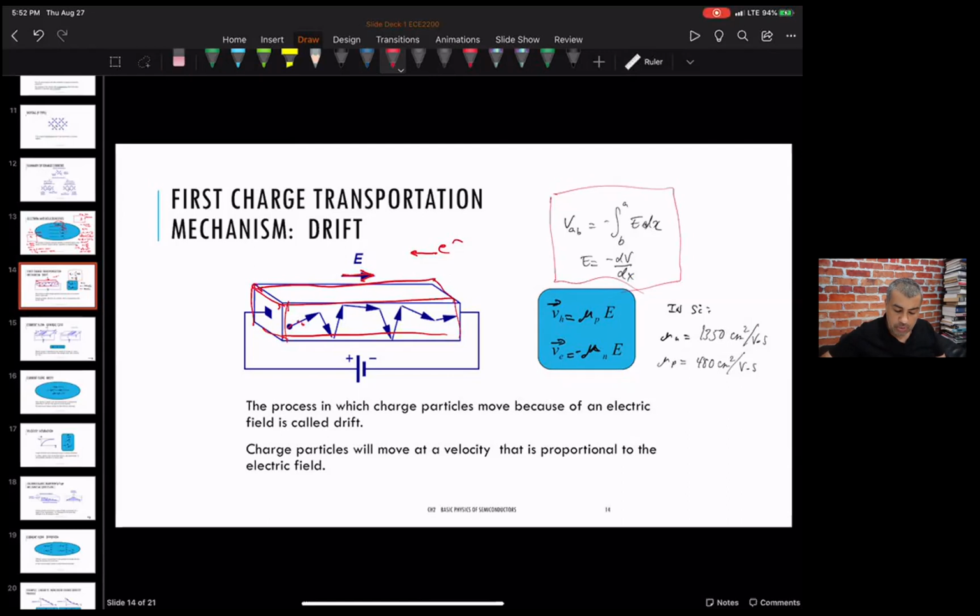So what they've come up with is this thing called mobility, which is this mu sub p, that basically defines how much you get slowed down, let's say. So basically the velocity of holes or electrons in a semiconductor,